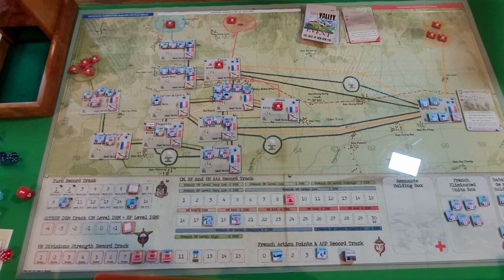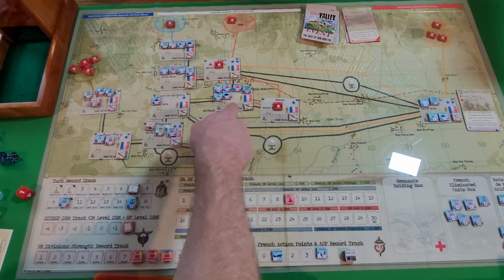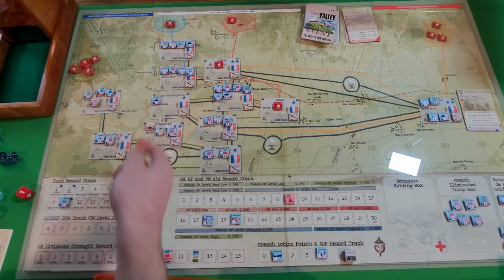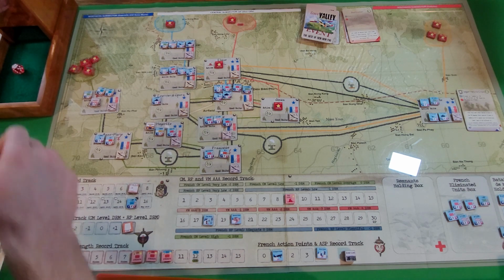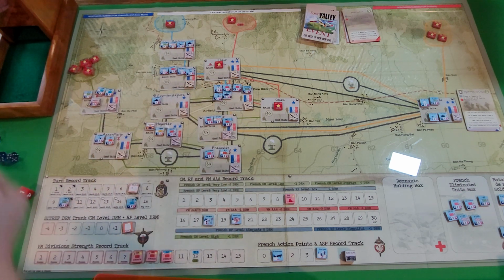Let's see here. In case of a tie, roll to randomly select the division. Okay, because you're supposed to go with the lowest, and this one right here is 3, this one right here is 3, so we're going to have to roll to see who goes. So this will be 1 to 3, this will be 5 to 6. 5 6, that's this one. That's not the one I want. Okay, so we're going to go ahead and roll 2 die,